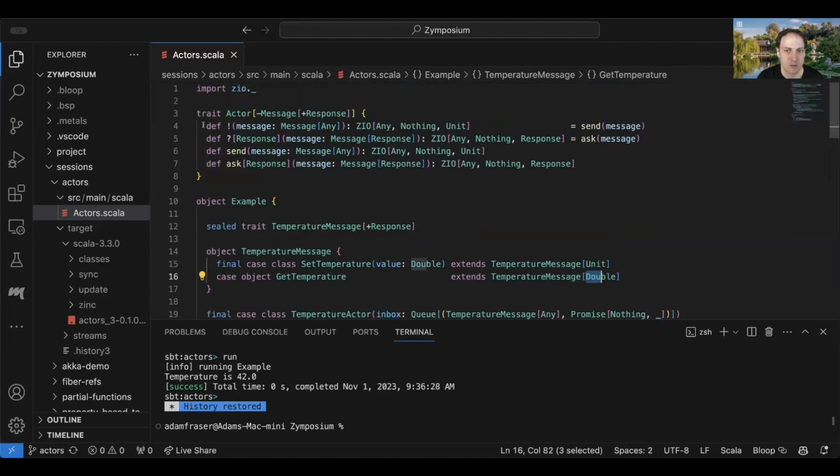One of the design decisions we made last time was that we wanted to support both the send and the ask pattern. The send is basically fire and forget, and I think some actor purists actually say that essentially all communication should be this way. But the ask pattern says, hey, I want this response back. And with ZIO, we can suspend without actually blocking the thread. We asynchronously suspend, but we still suspend until we get the response back.